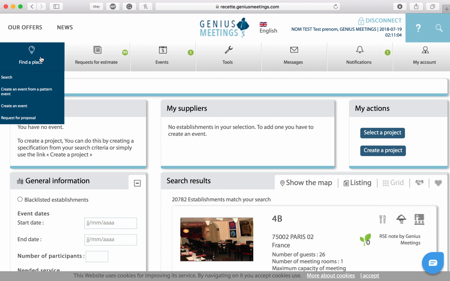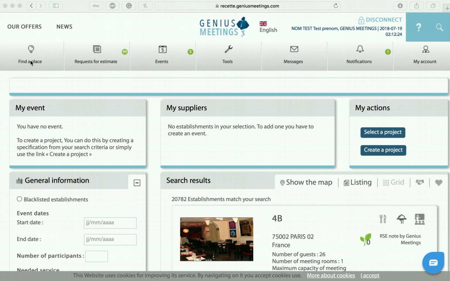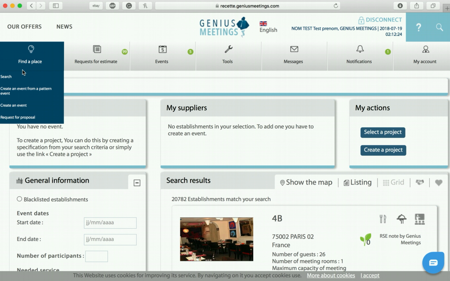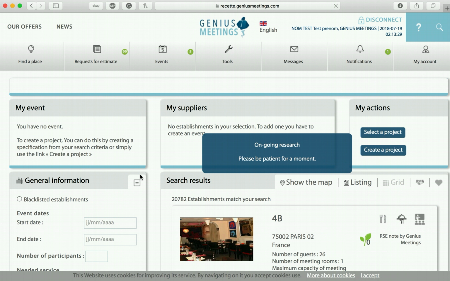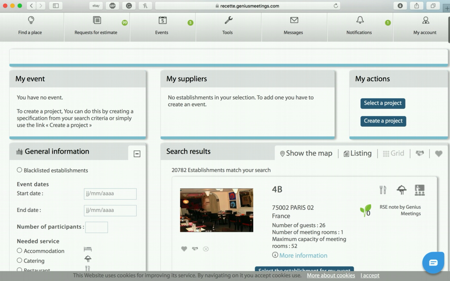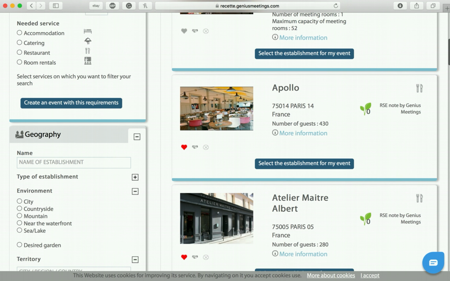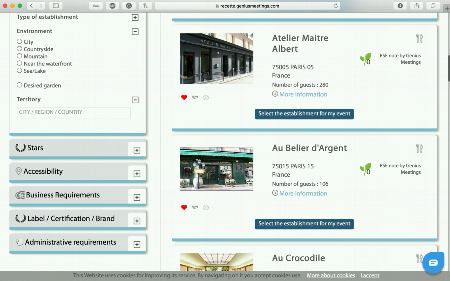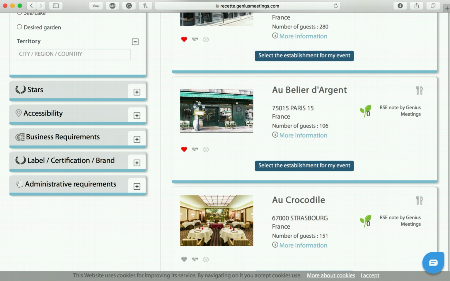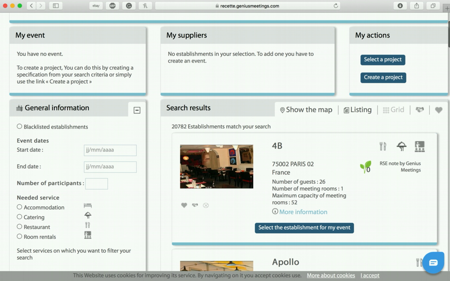And we will take a look at the links over here. Take a look at the link and Find a Place. We will go to the search, and we will take a look at the page. Over here we have the general information to where you can enter the date, the end date, number of participants, and you have everything else down here, including the geography, and you can enter your city, the stars, the accessibility, and everything else. So for this example, we will have 50 participants,